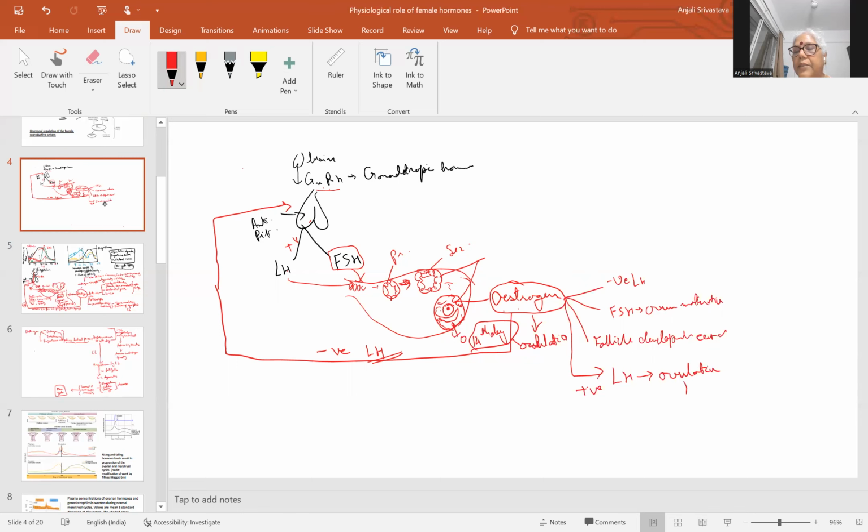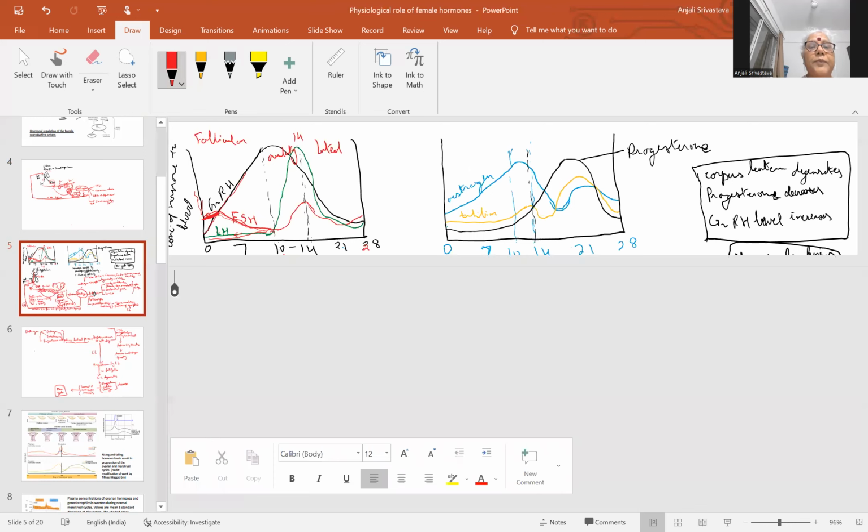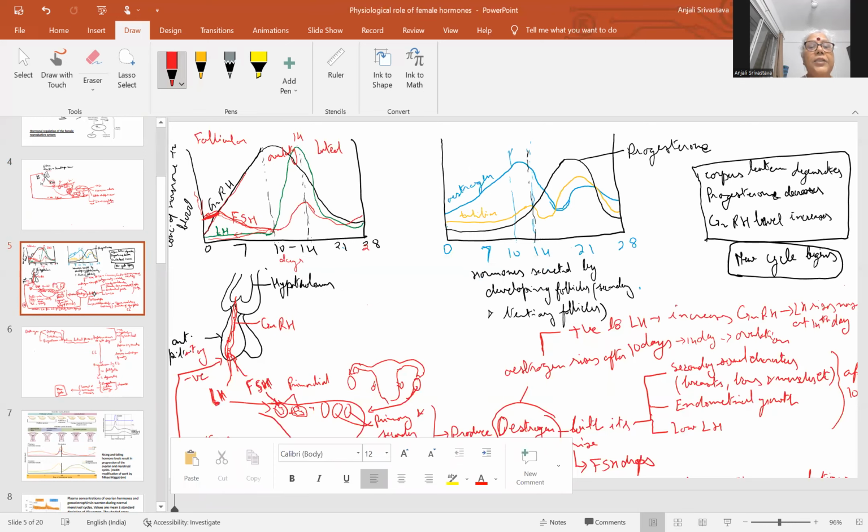That takes place about the 14th day. करीब 14th day में, on the 14th day ovulation takes place with the sudden rise of LH, and immediately